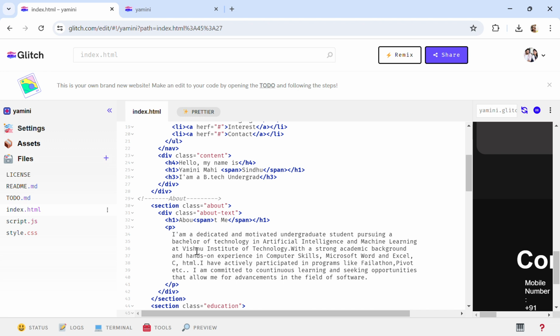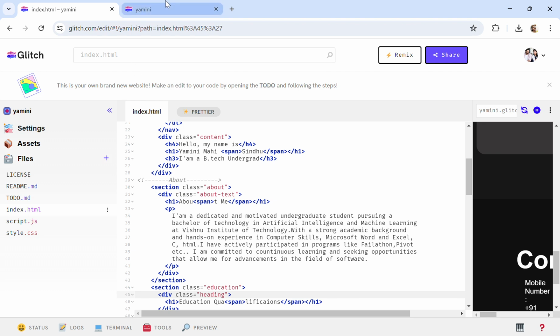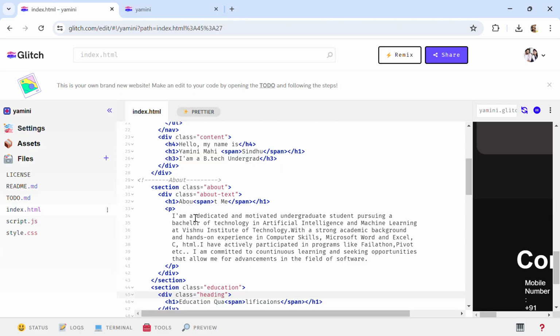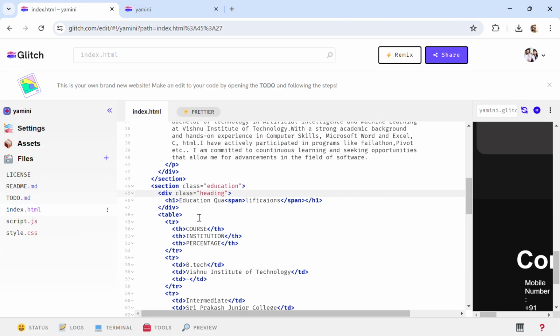Coming to the About section, it defines About me. Div class about text wraps the text content for the About section, and H1 contains the heading About me, and P contains a paragraph describing About me. We can see here About me. And coming to the next section,